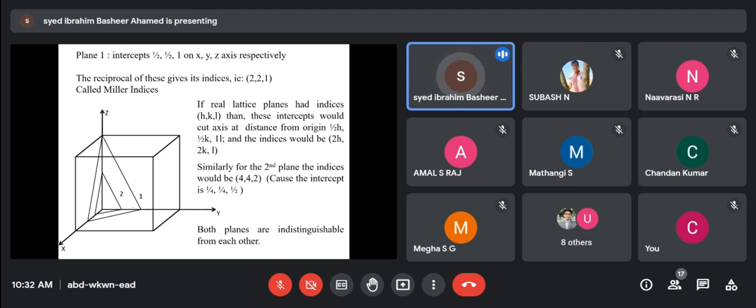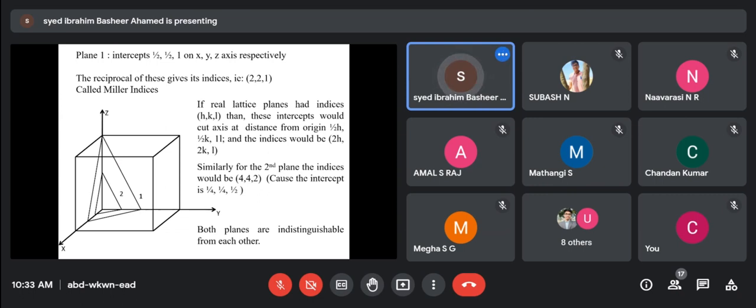So here, you assume a smaller unit cell. As I told you, each point in the grid in this unit cell will have an equal environment. So you can make n number of planes. If you think of one plane somewhere, all the information available in that plane will be available in some other plane also. So here you can think of plane 1.